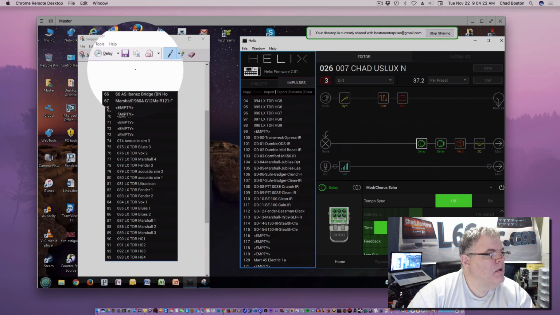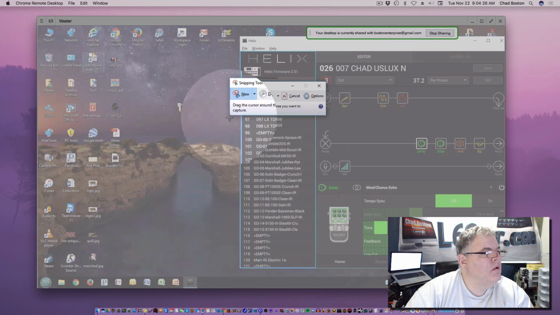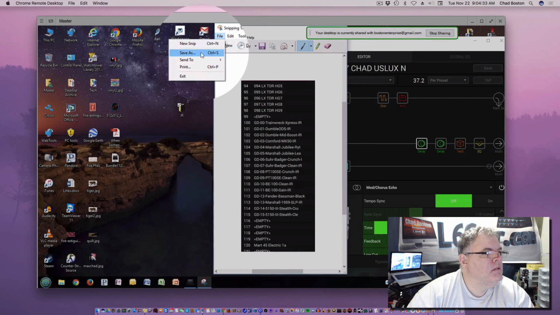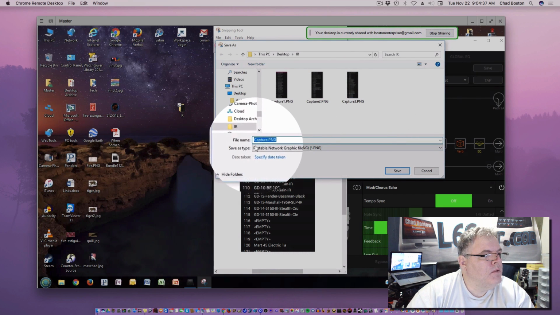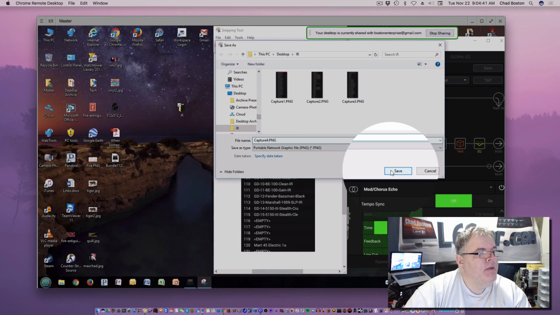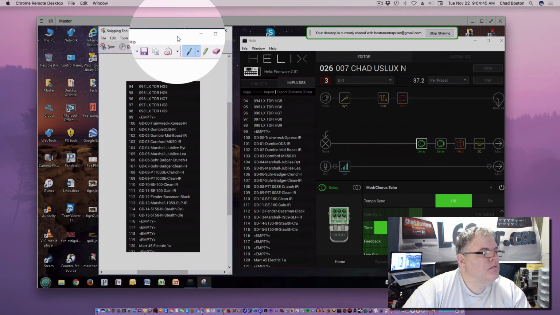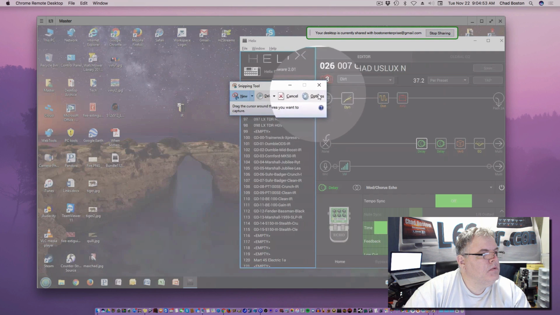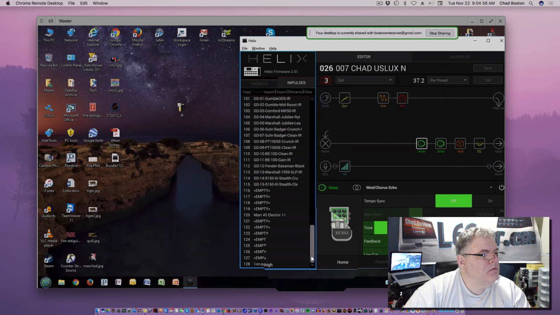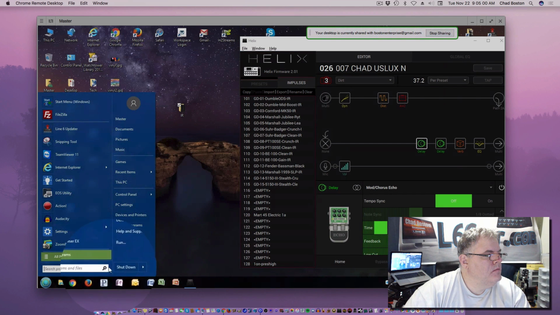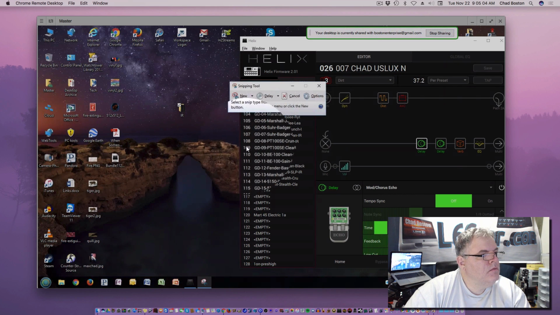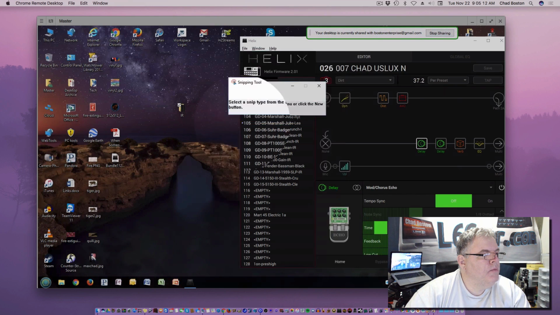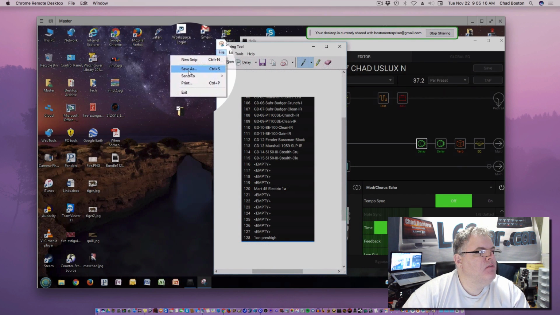And I will hit new, and come down here, and file, save, and we'll do capture 4, save, and new, file, snipping tool, new, there we go, file, save,